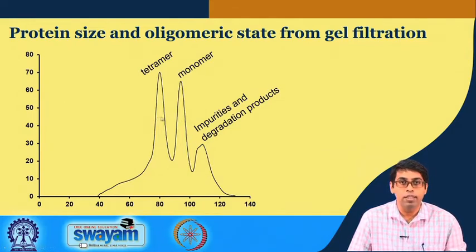If we look at the 2 peak intensities and also roughly the area under the peak, it seems like we have almost equal amounts of tetramer and monomer. But keep in mind that the tetramer has 4 monomeric units, which means that the epsilon 280 for the tetramer is 4 times that of the monomer. So, 1 tetramer will absorb 4 times that of the monomer. It means that if these two peaks are almost equal, then the concentration of the tetramer is roughly 1/4 that of the monomer. So, you can get this kind of information also from gel filtration.